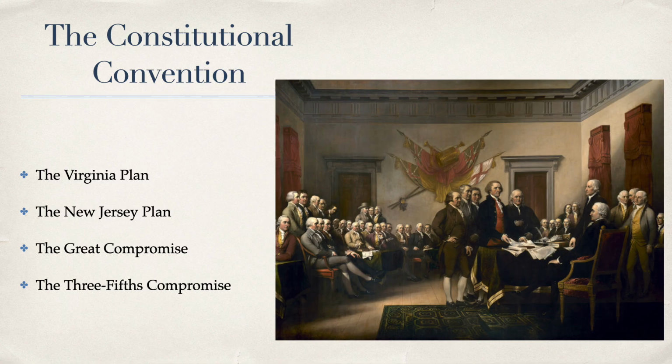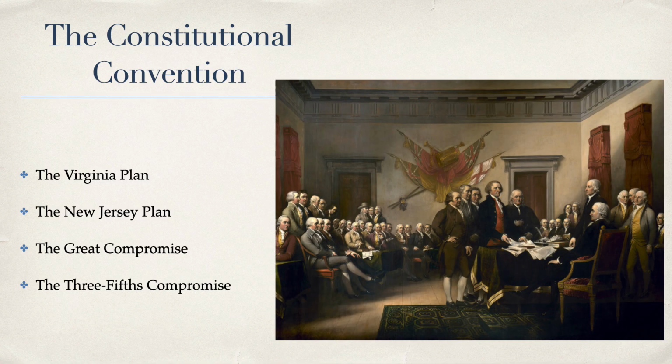First, we had the Virginia Plan, which was proposed by Edmund Randolph of Virginia. In this, the proposed representation in the national legislature would be based on the population of each state or the proportion of each state's revenue contribution to the national government. It also proposed a second chamber of the legislature that would be elected by the first chamber. So Congress would have two chambers, making it a bicameral legislature. And this plan was heavily biased in favor of the larger states because it's based on population. States with larger populations are going to have more representation.